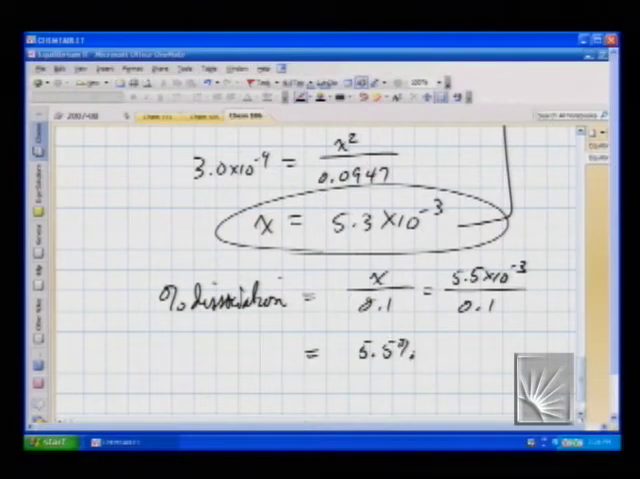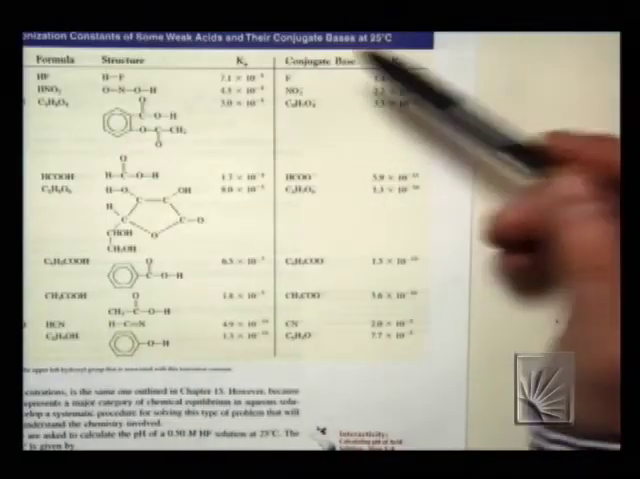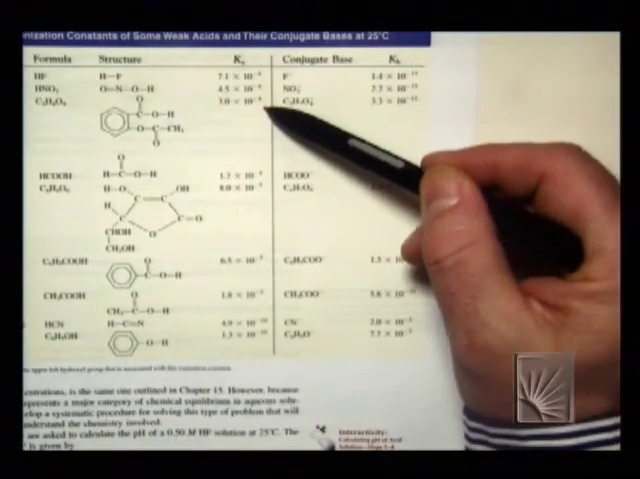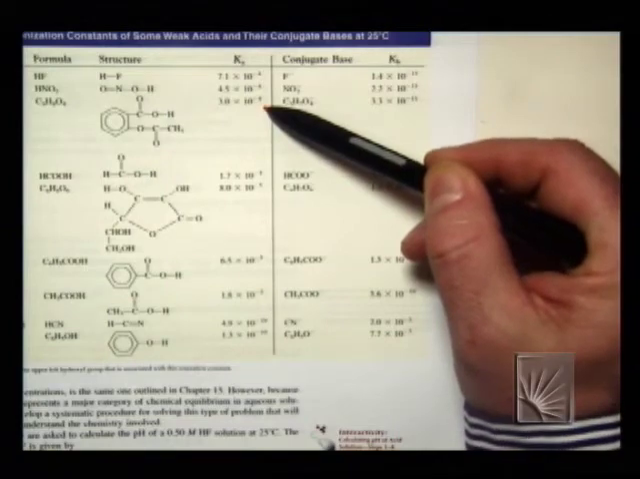Is it close enough? Yeah, it's close enough. Should you do it a little bit more accurately? Probably. How do you know with a value of K? Whenever K is 10 to the minus 4, and you've got a 1/10 molar concentration, you're going to be close to that 5% range. There's a relationship between,